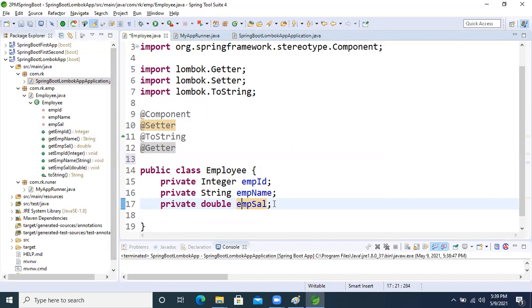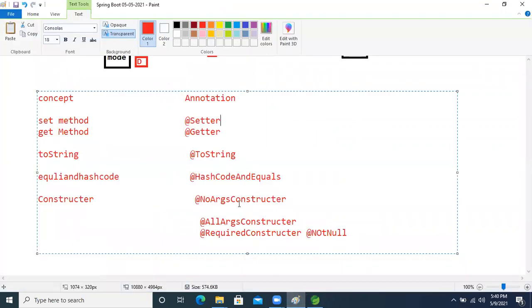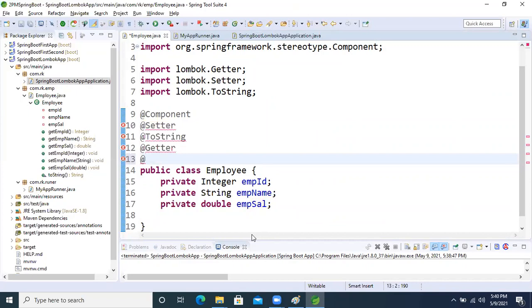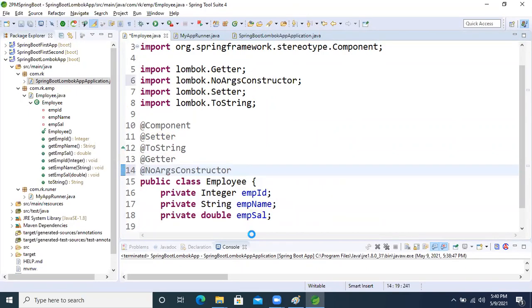Okay. So if you want to generate the zero param constructor explicitly inside our class, the annotation we have seen is the @NoArgsConstructor annotation, right? Just apply it and refresh it. You can see that here the zero param constructor is explicitly created or not, guys? Come on. In your source code only.